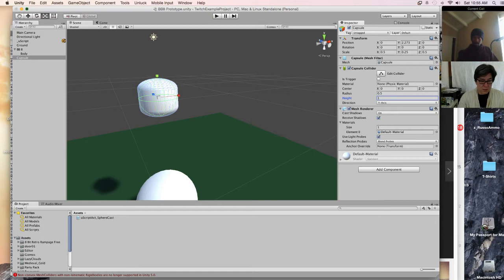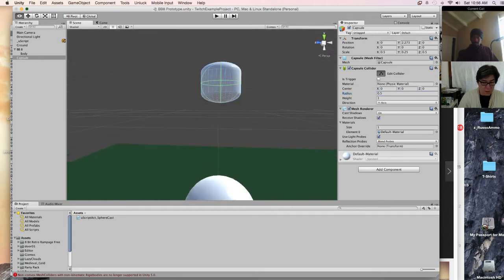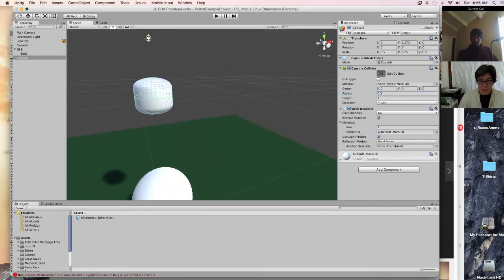Let's do this. Radius is 0.5. Let's do 0.25. Okay, the radius will give me the top on that. Height. Okay, let's do 0.5 again. There we go. Well, actually, and let's do this one as